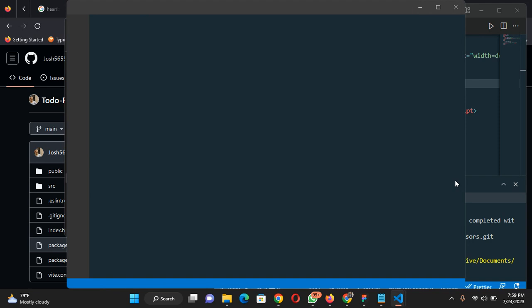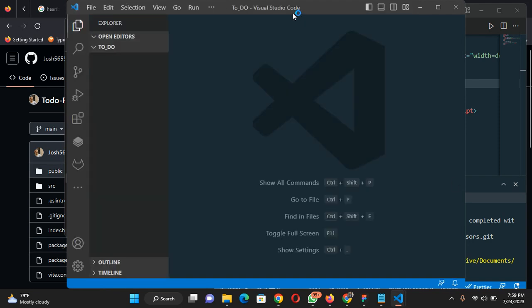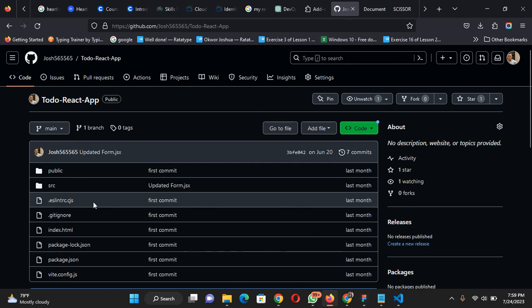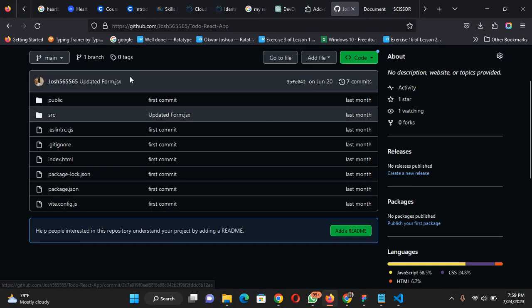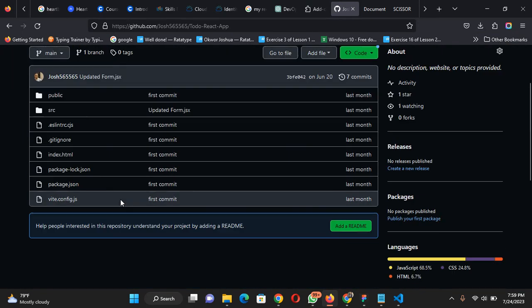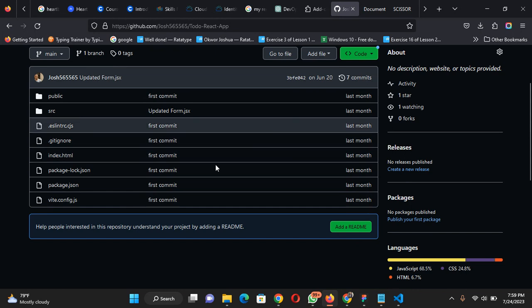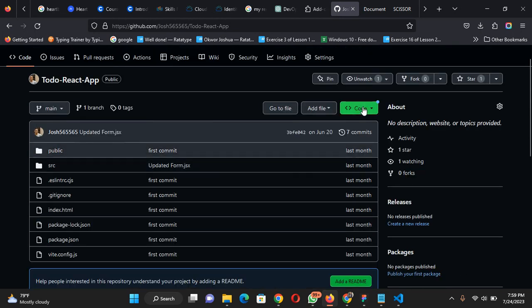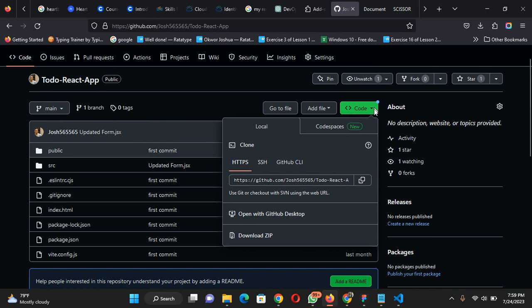I've already opened the folder. So I want to clone this. Let's say I don't have this project in my system again, and I need it. I need to have the project in my system, so maybe I want to make some changes. I can just copy this HTTPS link,